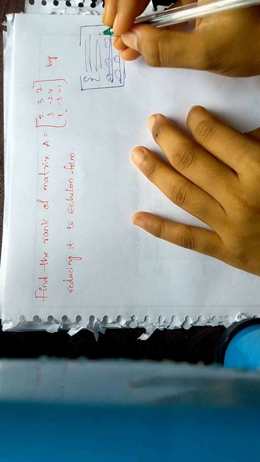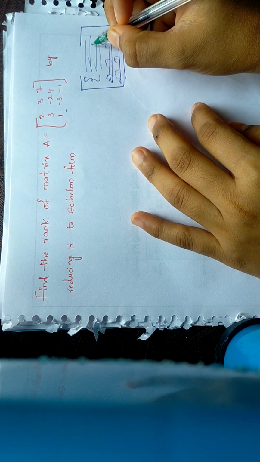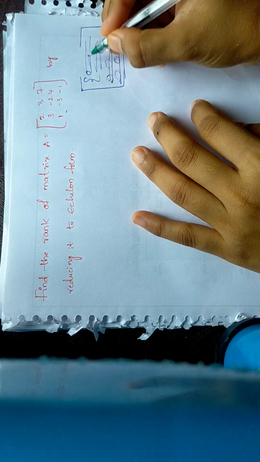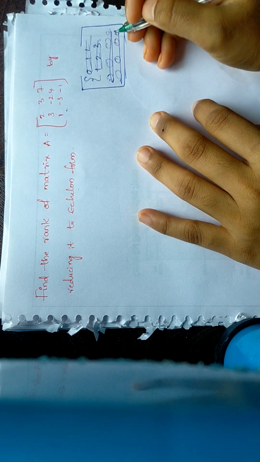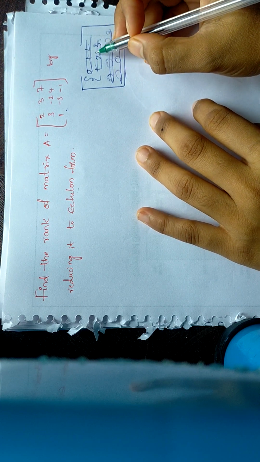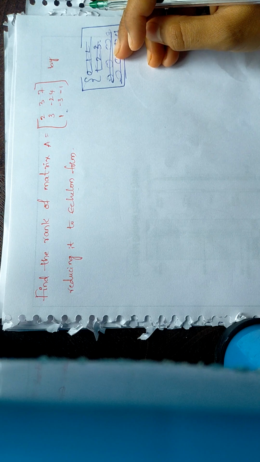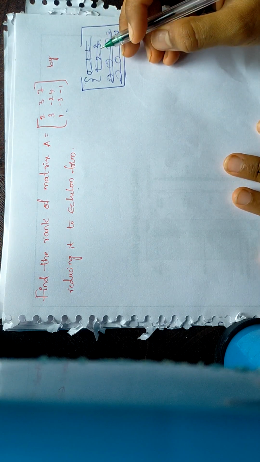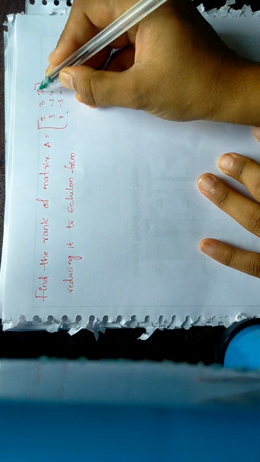In the echelon form we will have 0 rows at the bottom and all the non-zero rows at the top. That means you'll have 0 1 2 or 1 2 3 like that. All the non-zero rows remaining in the matrix, their count will be the rank of the matrix. Now we have to make sure that using the row transformations we change this matrix to